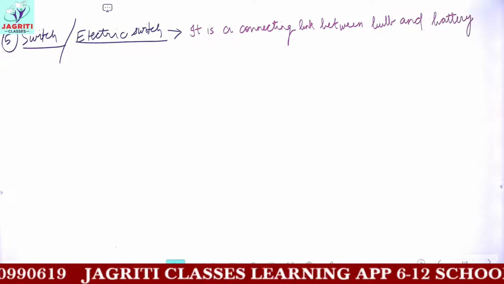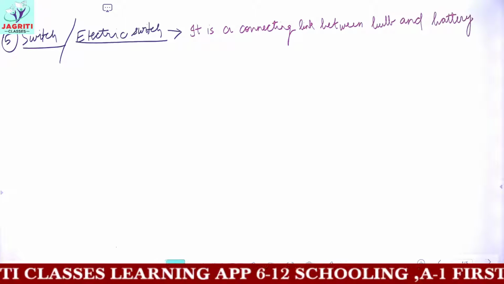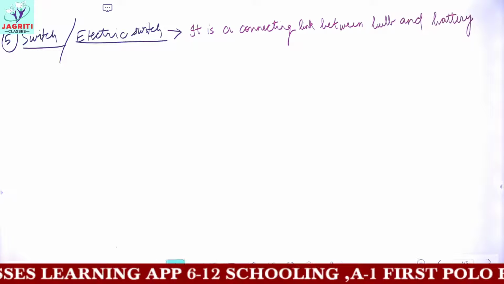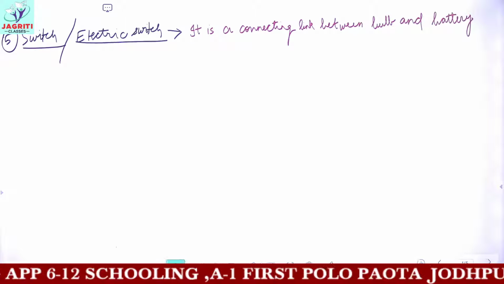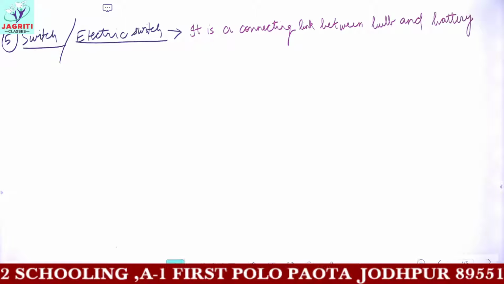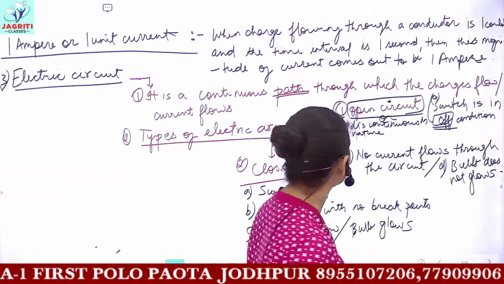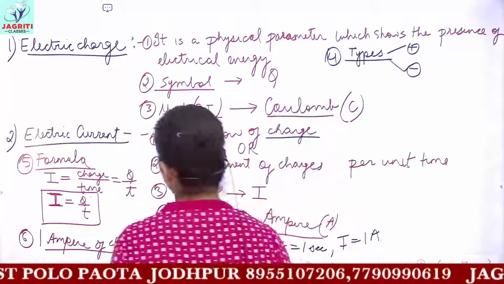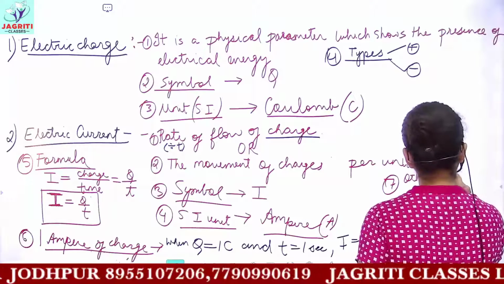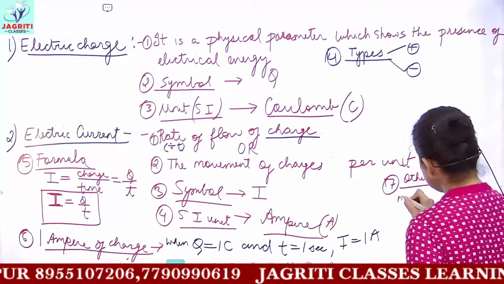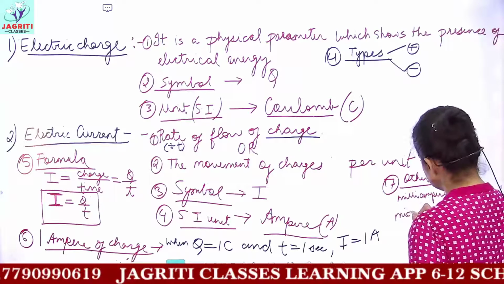So this was the first topic which was given in your NCERT books, electric circuit and electric current. Then remember that ampere is the unit to measure the current, but you can use many smaller units, that is milliampere and microampere, to measure the current. Because if you have a very small amount of current flowing through your conductor, then you will be using a smaller unit. The 7th point would be, other units which can be used for current are milliampere and microampere.